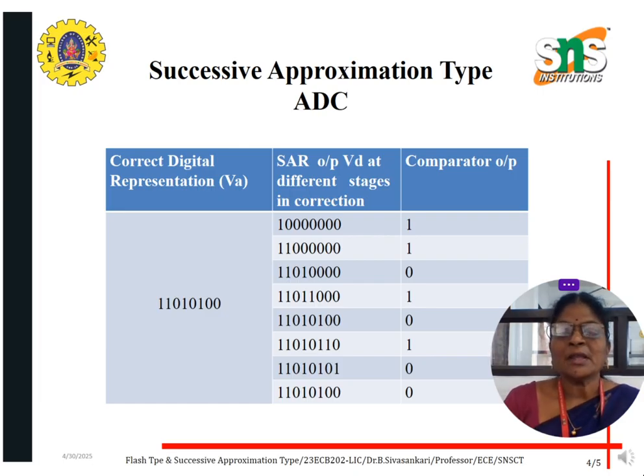110110000. Likewise, we have to convert each bit with this correct digital representation one by one, with the remaining bits as 0. Once all the bits are converted, then our output, which we have given as the correct digital representation, will be received in our